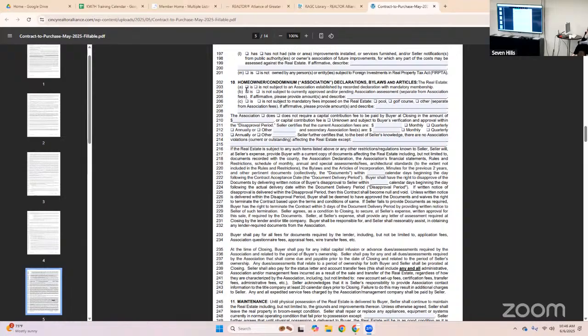So whenever you go through this and you're looking at this whole section on condominiums, it's not just condos. It could be patio homes, it could be planned unit developments, properties that have any kind of an association fee at all needs to be covered here. And this is where everything would be referenced.